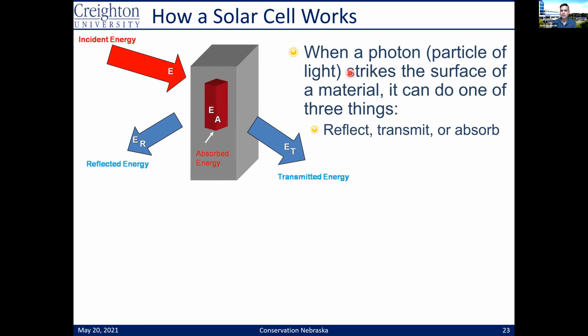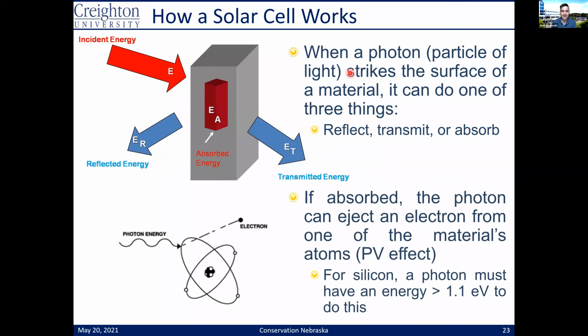So what does it mean for a photon to be absorbed? It's actually, believe it or not, an atomic scale event, right? So for a photon to be absorbed, that means that the photon energy has to be big enough that it goes into an atom and it kicks out an electron. And by doing so, it loses the electron by gaining the energy of the photon. And so it's okay, it allows it.